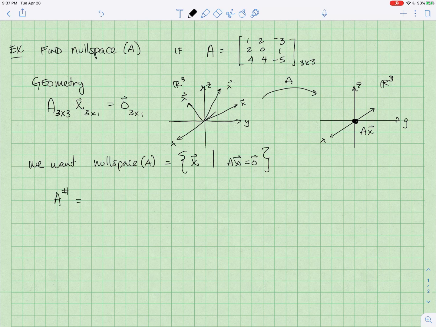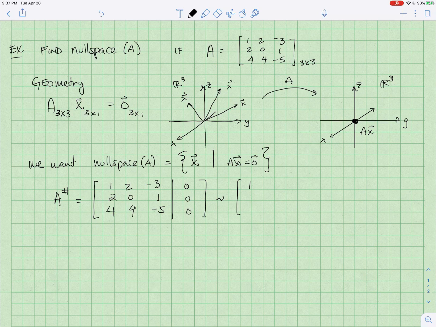A augmented is equal to the matrix 1, 2, negative 3, 2, 0, 1, 4, 4, negative 5, with a column of zeros on the back end. So I'm just going to use a little bit of row reduction here. We could maybe use determinants and some determinant theory to talk about what the solution might be here, since this is a homogeneous system. The null space question is inherently solving a homogeneous system simply because we want it equal to the 0 vector. But I think the best way to do these problems is always going to be row